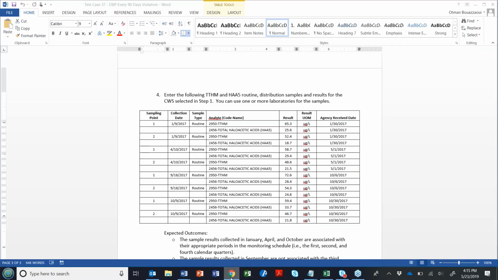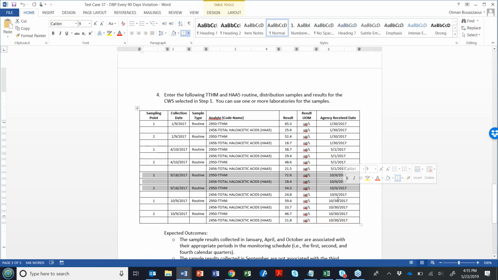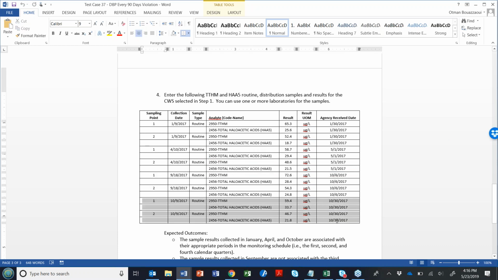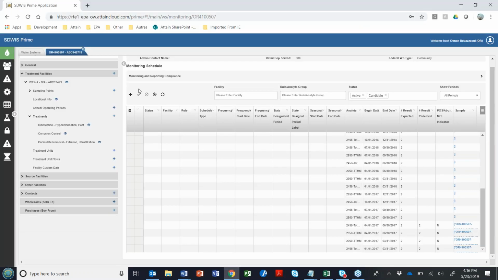And then on the third quarter of 2017, those are these 2 samples that you see here, collected on September the 18th. I already entered those actually, but we're going to talk about that in a minute. And then the ones that I'm going to enter now are for the last quarter of 2017, collected on October the 9th, 2017. So let's go ahead and do that.